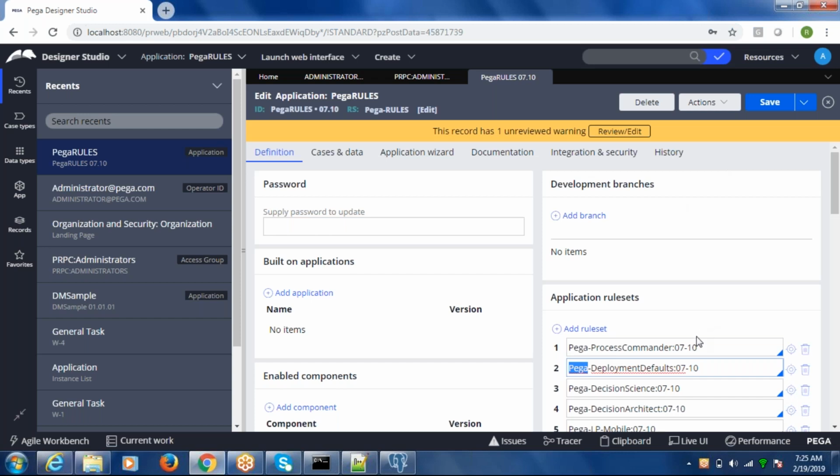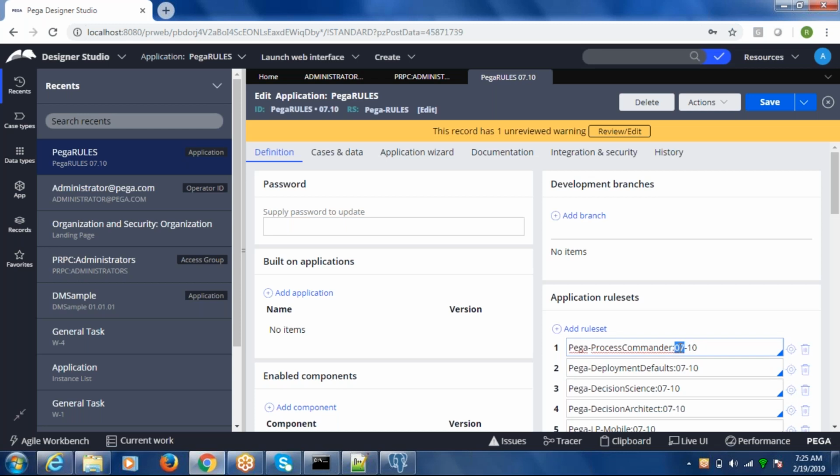So let's say we are creating our own application. By default, the system will provide certain rule sets added to your application, and if you are building from scratch, it may have 01-01. All right, so based on this major version, you can tell how long ago this application was created.